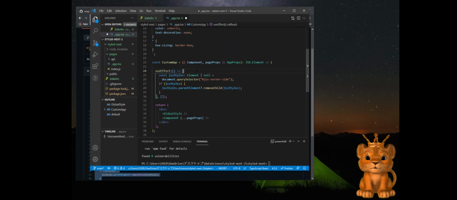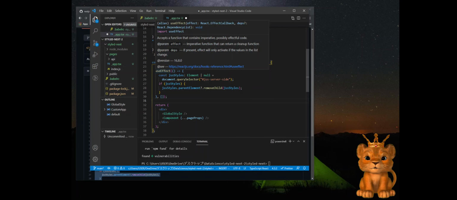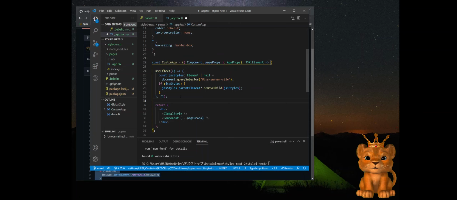It corresponds to componentDidMount in the class component lifecycle method. It is called only once at the beginning of the mounting process. And inside here, I set the JSS styles for styled-components. So this is necessary. And here I returned the JSX,